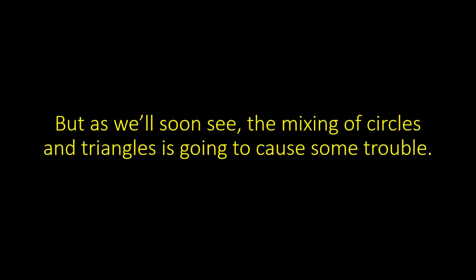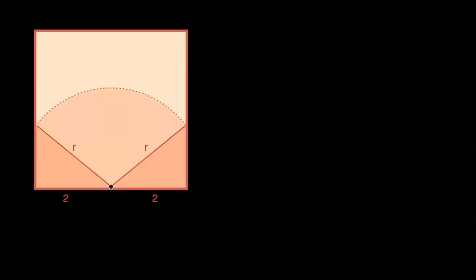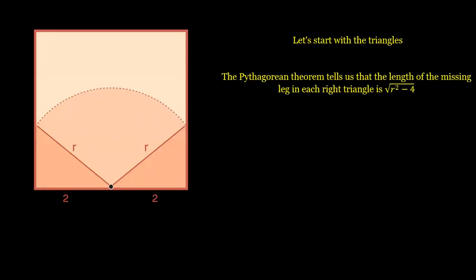But as we see soon, the mixing of the circular and triangle parts is going to cause some trouble. Let's start with the triangle. The Pythagorean theorem tells us that the length of the missing leg in each right triangle is the square root of r squared minus 4. This makes the area of one triangle equal to half multiplied by